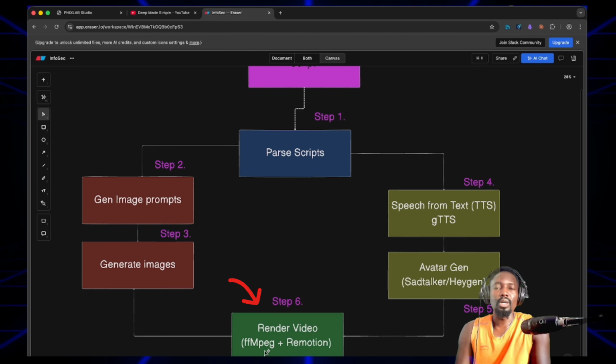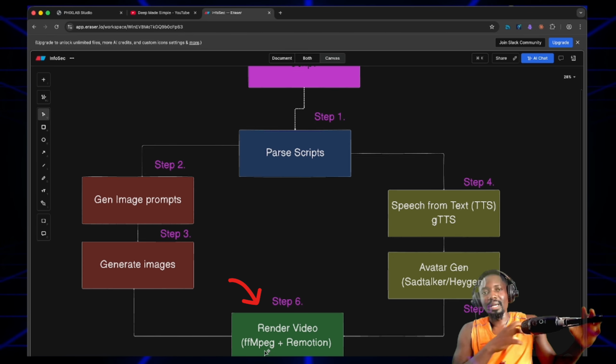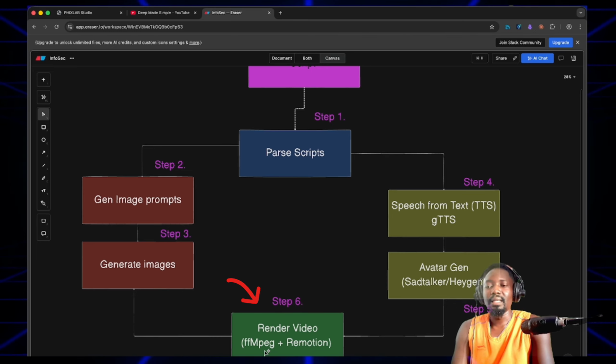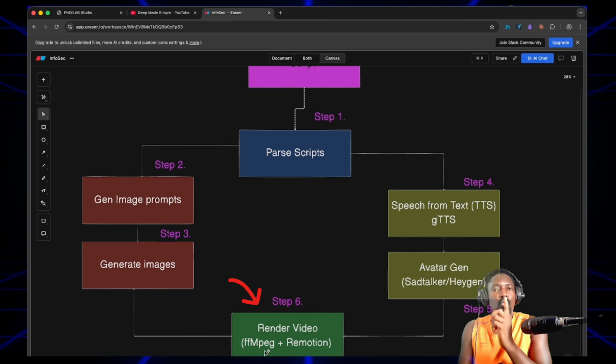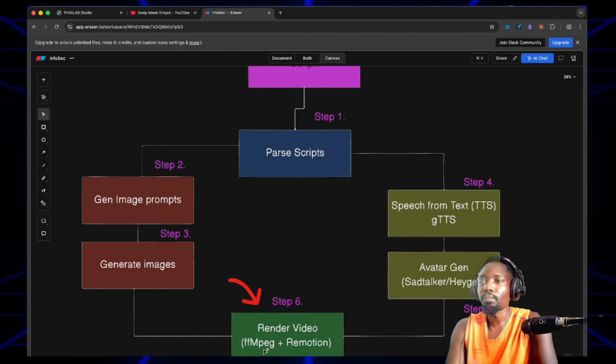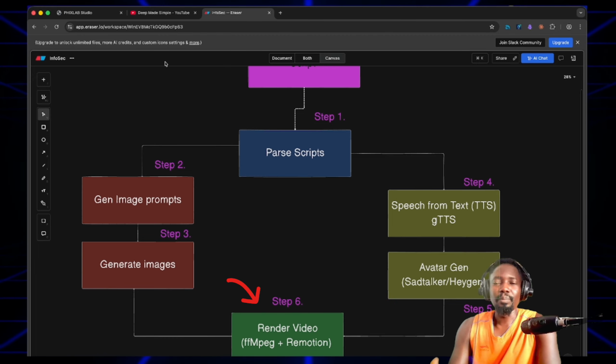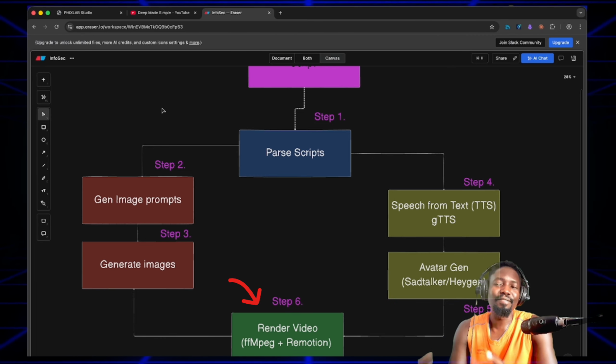If you do a little bit of programming, you know that React is what they use to build front ends. So the same components that are used in building front ends are what is used to create those UIs, like the putting of the narration and putting of the image by the side of the video and all of that. And then FFmpeg is the final guy that stitches everything to become one single video that you can actually watch. All right, so that's the process, but I've not shown you the final sweet part